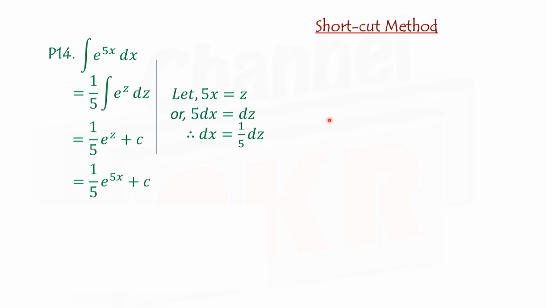Next we have the shortcut method, very crucial all about the integration chapter. Look at this, what happened in the answer? Question and answer. What is the change in the answer? We are now telling about the shortcut. Differentiating 5x, we get 5, then divided by 5. So put 5 in the denominator. Just this is the shortcut.